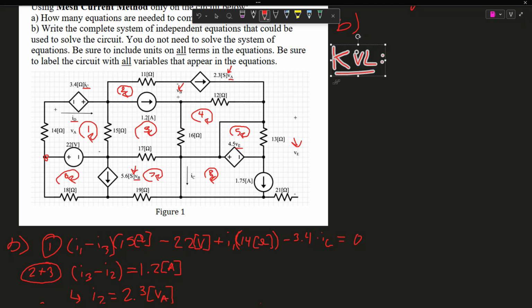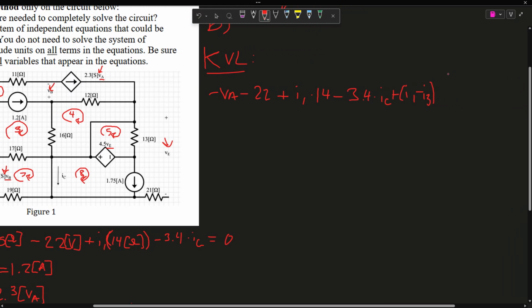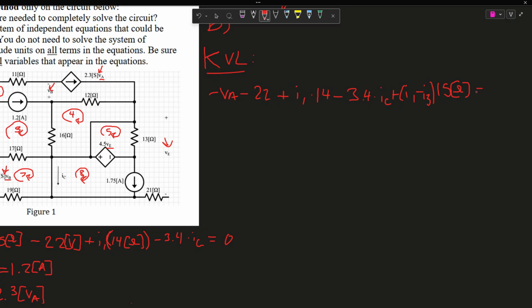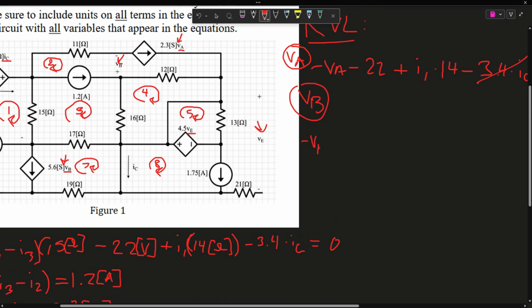So we're going to do minus VA minus 22 plus I1 times 14 minus 3.4 times IC plus I1 minus I3 times 15 equals 0. So let's go minus VB. Let's write that a little more here. Minus VB